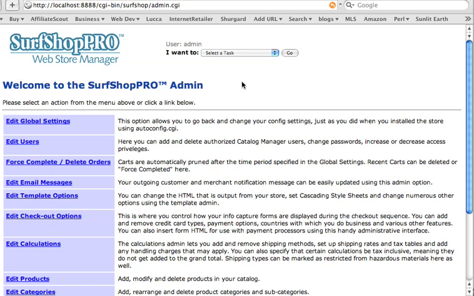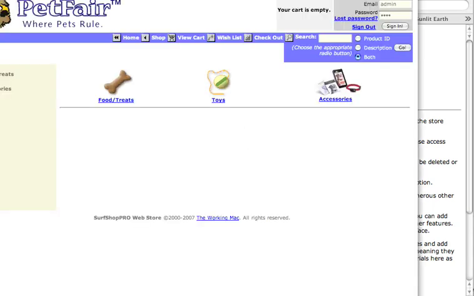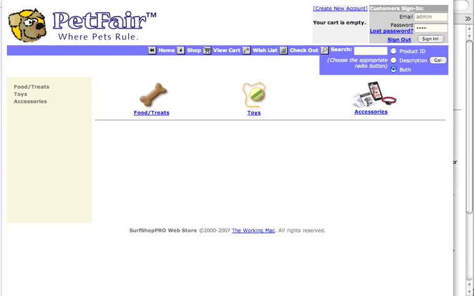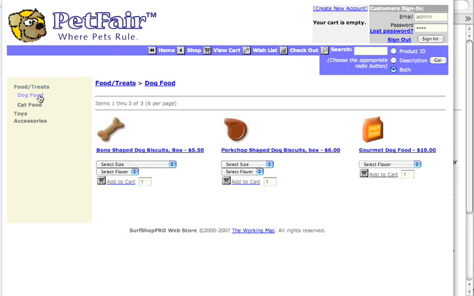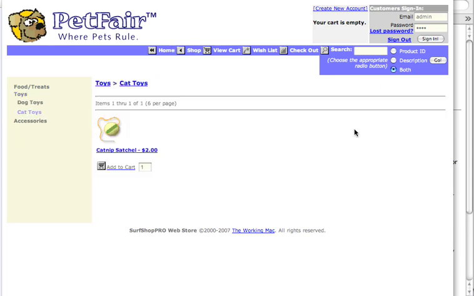But in the meantime, if you just want to test out the store with the data that comes with SurfShop, select View Store from the pop-up menu, and let me resize this window here. And you can play around with the store. You can navigate by the categories and subcategories in the menu here, or you can navigate in the main part of the window,